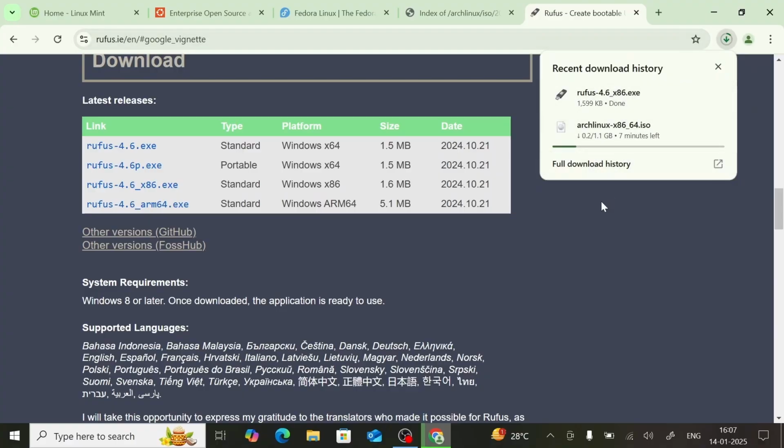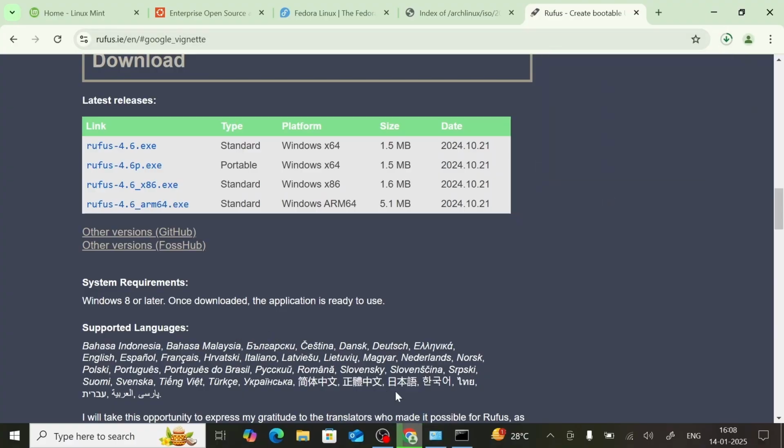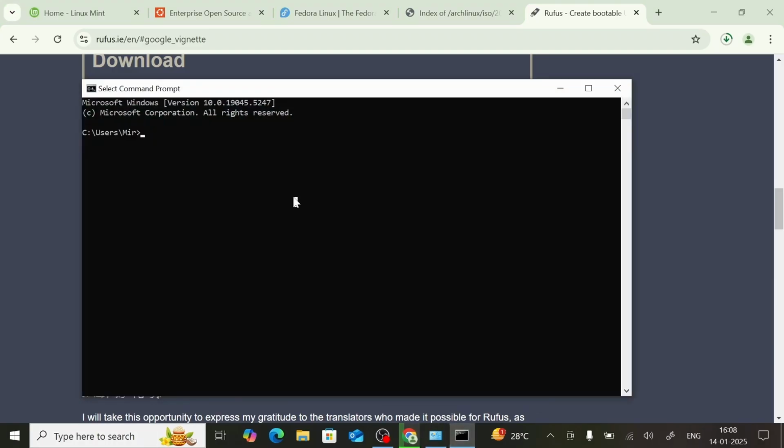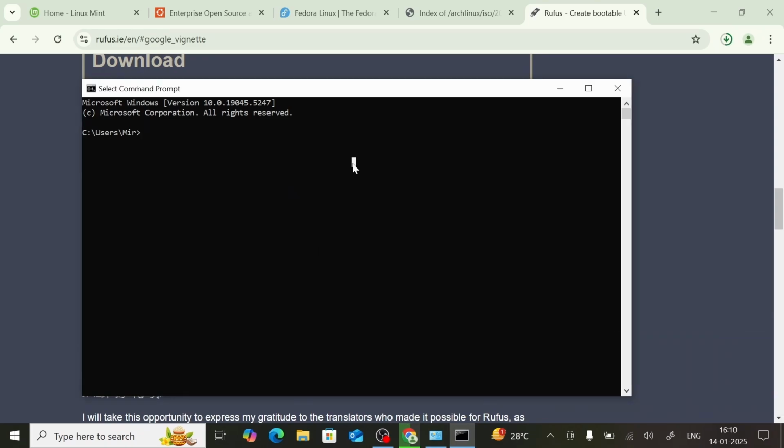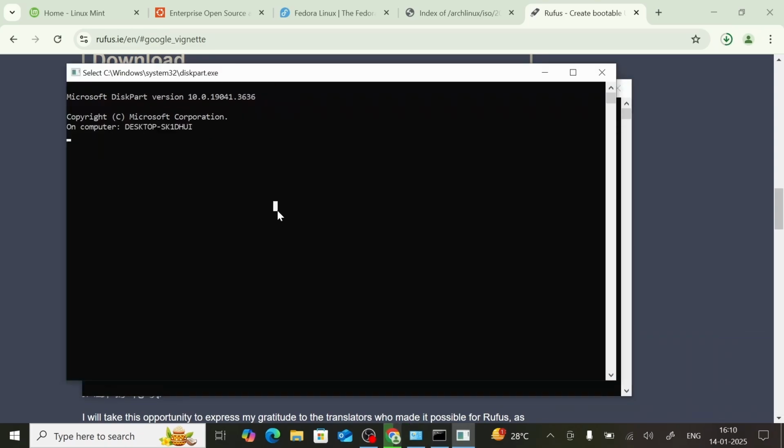Search for command prompt and open it. After that, insert your USB drive to format it. It's important. Once you have inserted it, type diskpart, then type list disk.